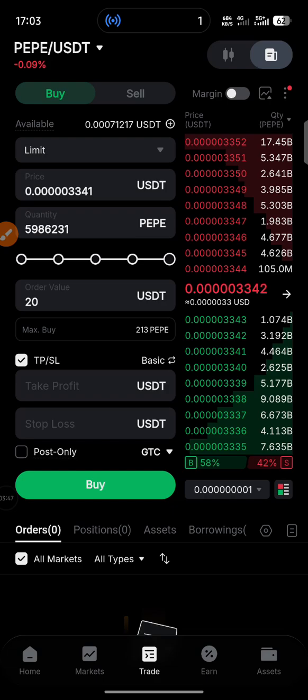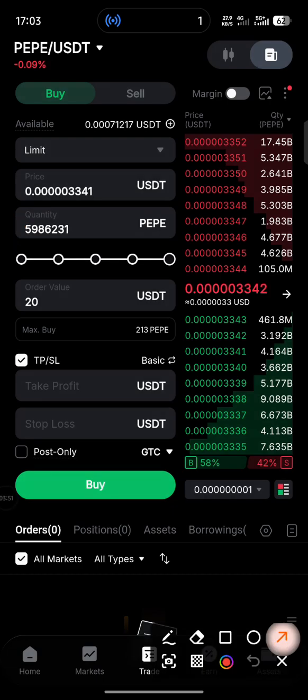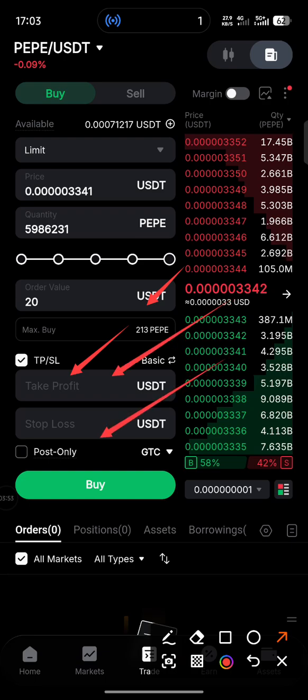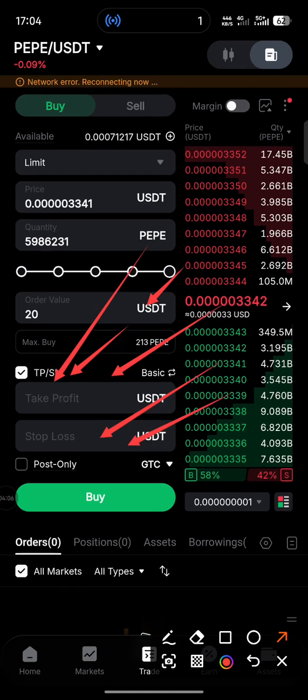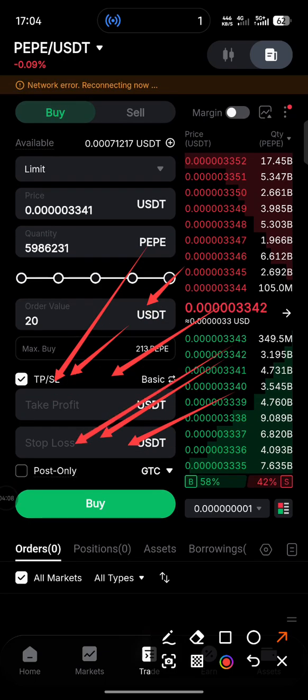If you click on this TP/SL, you get this space. The first space means take profit, and the second space means stop loss, because they are intertwined. So we just need to enter the stop loss here and the take profit here,